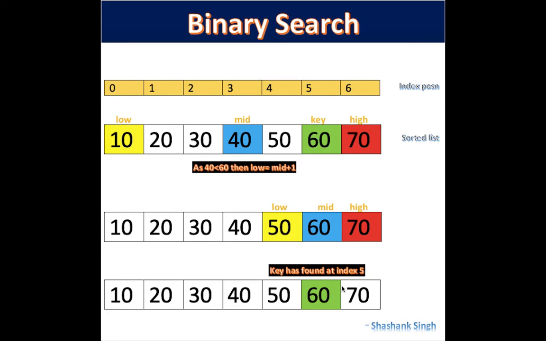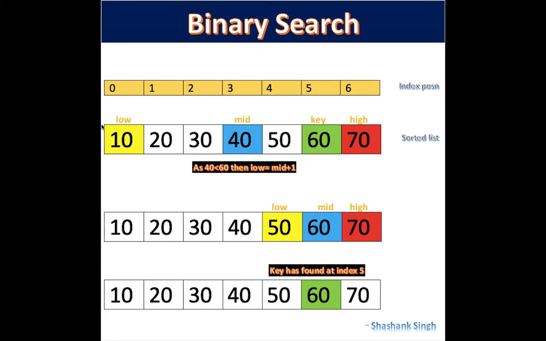in this technique the list will be divided into two halves, and the item that we want to search, or you can say the key that we want to search, will be compared with the middle element of the list, and if the match or the key that you want to search is found, then we'll return the location of the middle element, else we'll keep on executing either of the halves depending on the result produced by the match, right? So to explain this, I have created a diagram to let you guys understand well.